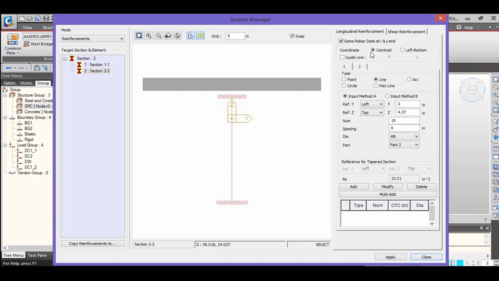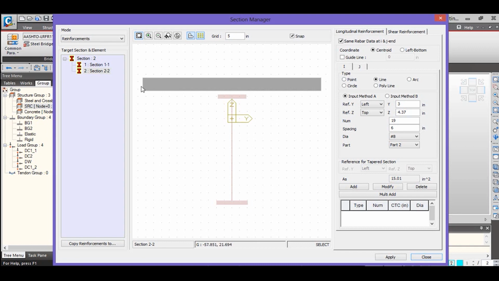So let's say in this case let's define the coordinates based on the centroid. For the I-end, we can define it depending on the sections that you have. You can define an arch, polyline, point, circle, a line. In this case, we have a line.